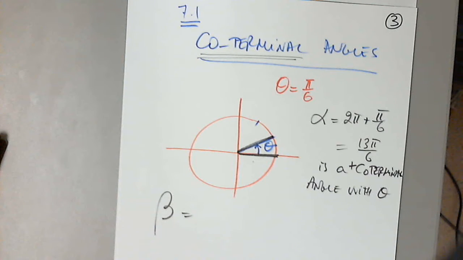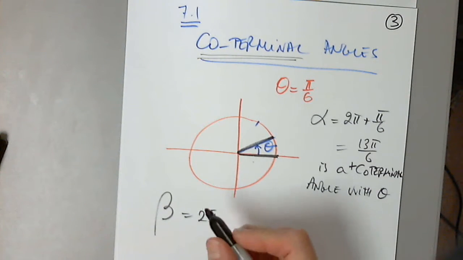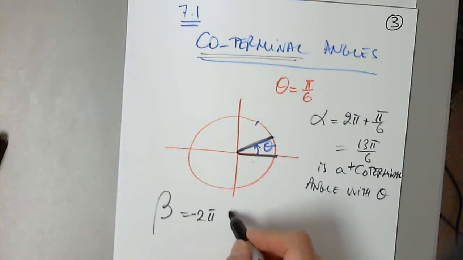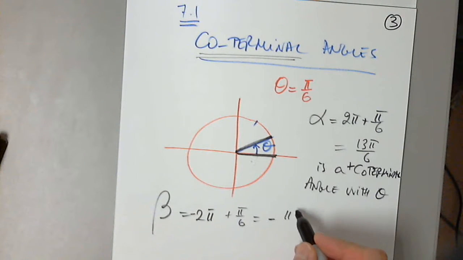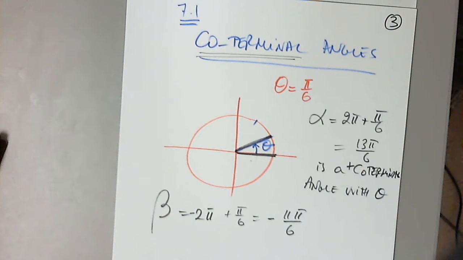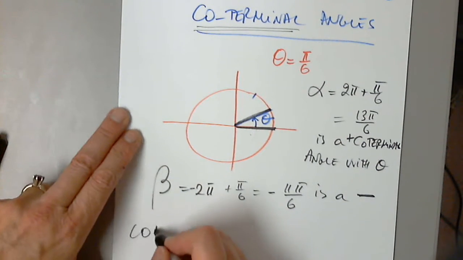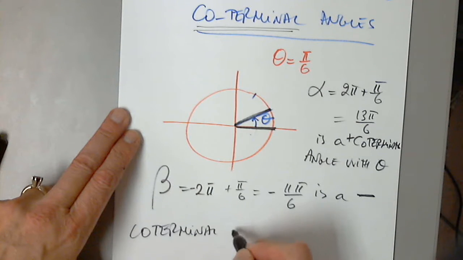Negative 11 pi over 6. So you have the 2 pi, and you subtract pi over 6. Exactly. Negative 11 pi over 6. Perfect. I would say, because it's negative, right? So I'm going to say negative 2 pi plus pi over 6, and that's exactly negative 11 pi over 6. So beta, which is negative 11 pi over 6, is a negative coterminal angle